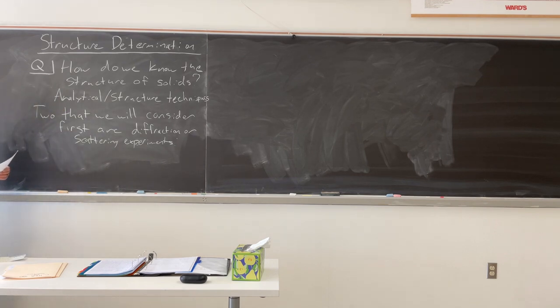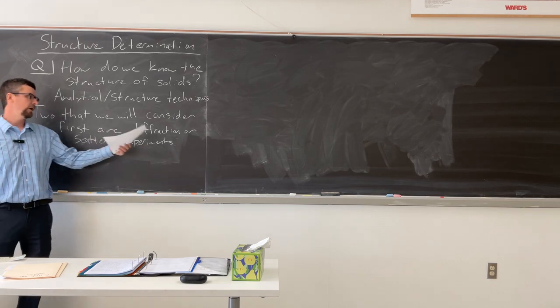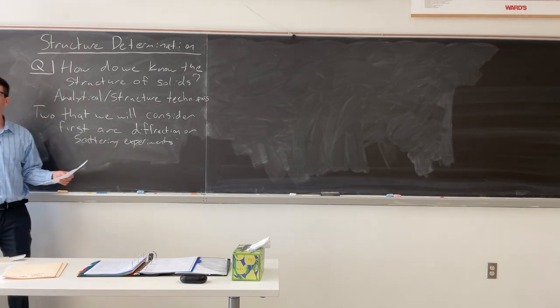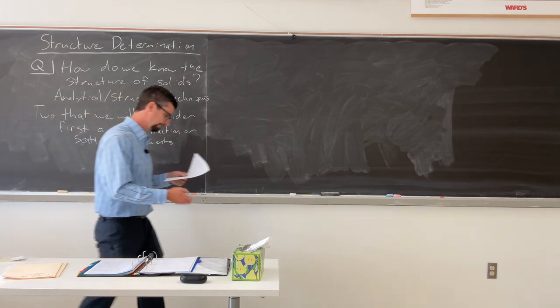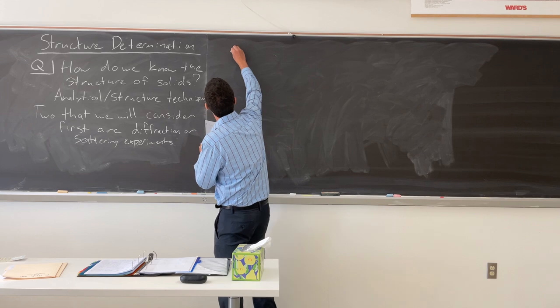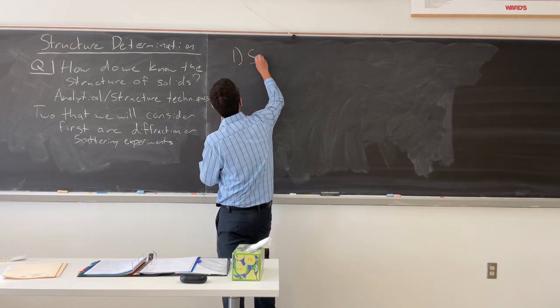Some people think that there is a difference between the two. In our situation, we're going to consider them the same. So if you hear a diffraction or a scattering experiment in the scope of this class, they're going to mean the same thing. The two that we are going to talk about are single crystal